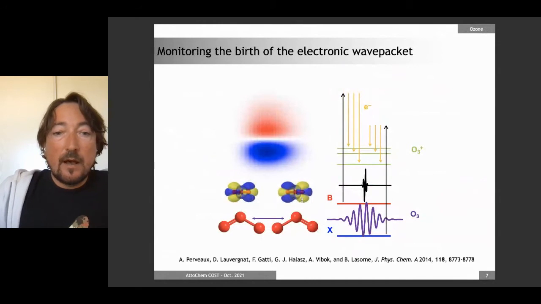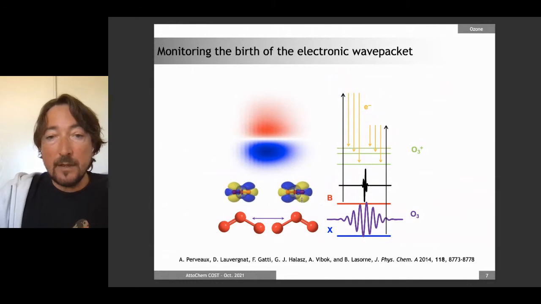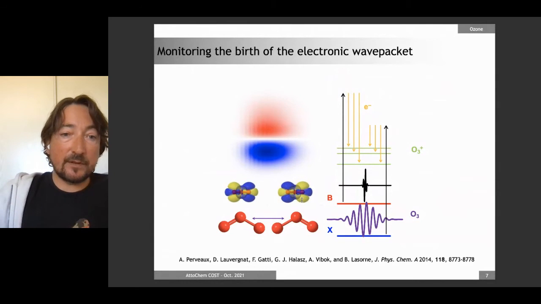Okay, so our first molecule of interest was ozone, for which we showed that it was possible to create a coherent superposition between the ground state and the first excited state, or one of them, typically called B. And we showed that indeed we could monitor a revival of the coherence